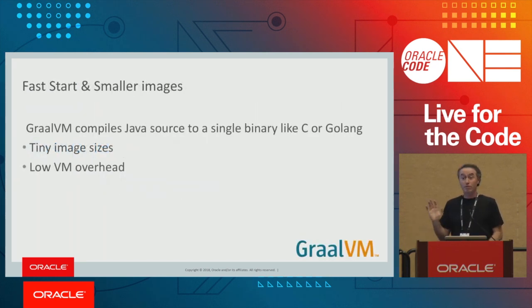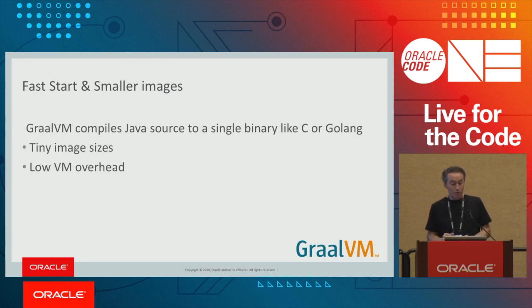So who's heard about Graal, the GraalVM? Yeah, okay, so this is exciting stuff. It goes and takes your Java application, compiles it down to a native binary with basically a garbage collector, right? So it's machine code plus a garbage collector, that's your app. And makes small images, and it also eliminates a bunch of overhead. Because there's no incremental compilation, you don't have code caches and all kinds of things that the normal HotSpot JVM introduces. So it's got less of a footprint in terms of what it needs for running.